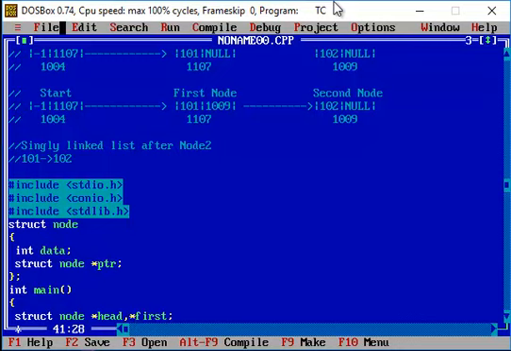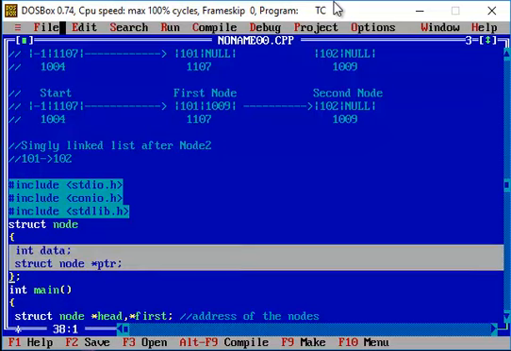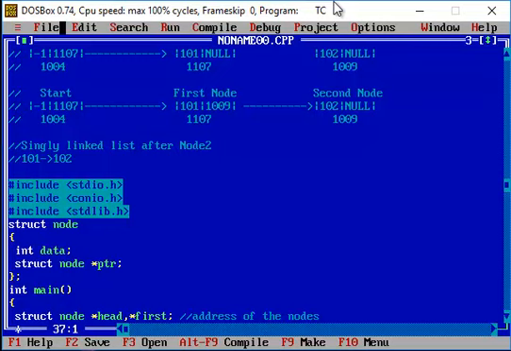In order to represent the address of the respective nodes, that is the header node as well as the first node, the address is required in order to create the structure members, that is data as well as the pointer of another variable. So in that perspective, what I'm doing is I'm trying to create a pointer variable of the data type structure, that is node.